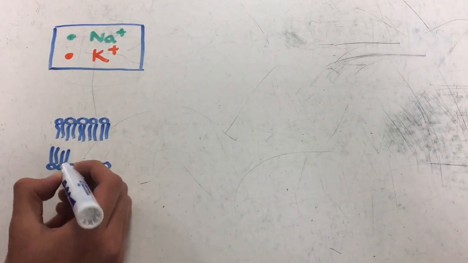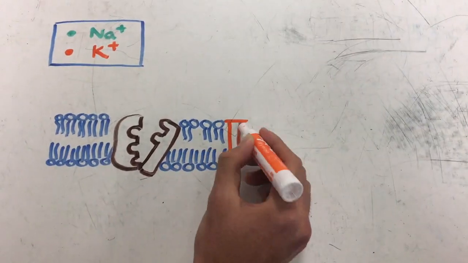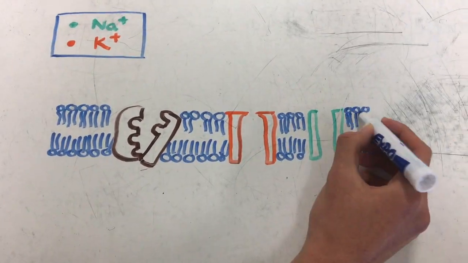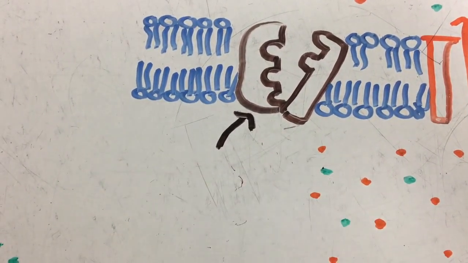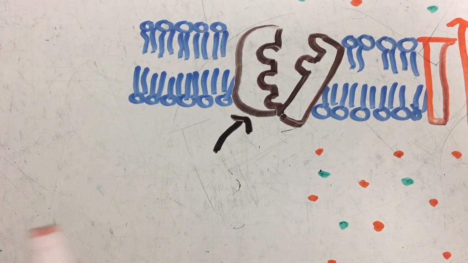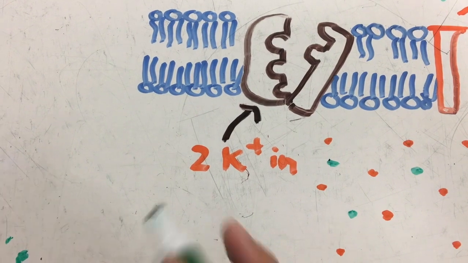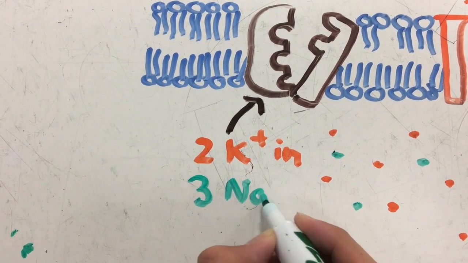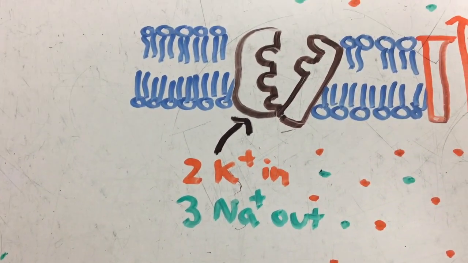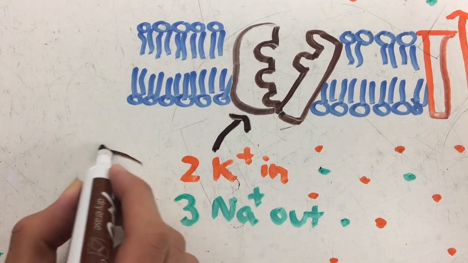Let's examine the cell membrane in more detail. The three main proteins involved are sodium channels, potassium channels, and sodium-potassium pumps. Sodium-potassium pumps help maintain the membrane potential by using ATP to transport ions against their concentration gradient. 3 sodium ions are pumped out of the cell for every 2 potassium ions that are pumped into the cell. Therefore, the inside of the cell is negative relative to the outside, and there is a higher concentration of sodium